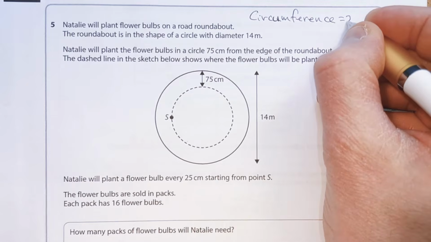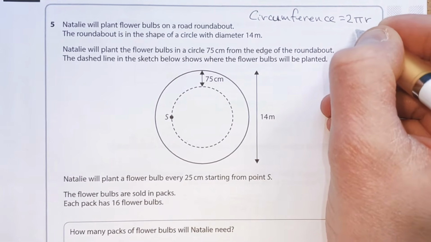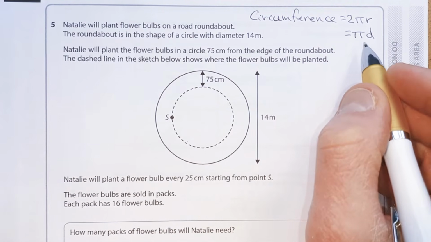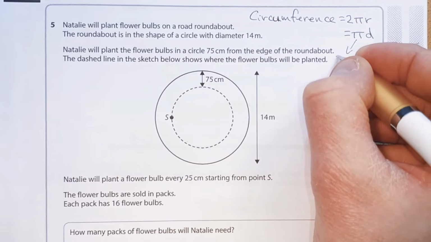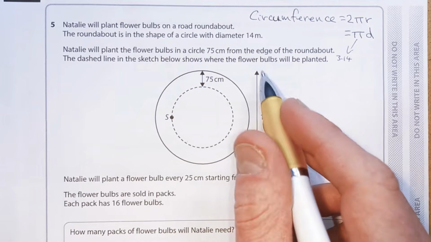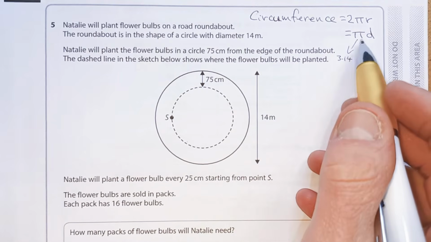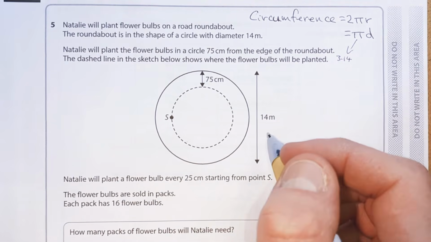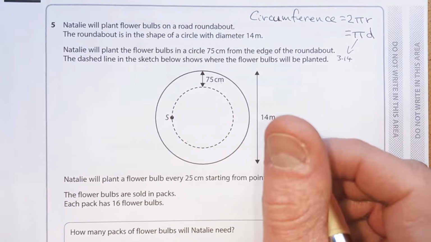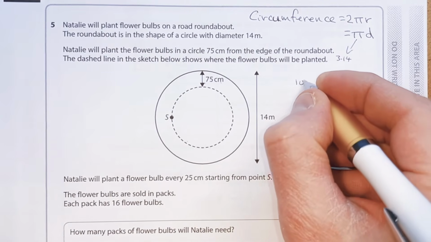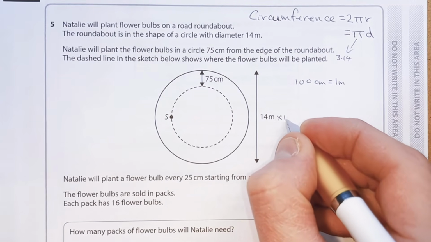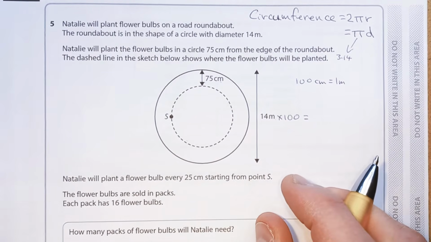Well, the formula for that is, you can think of it as 2 pi r, or you can think of it as pi d, where pi is 3.14 and d is the diameter. Okay, because we're working with diameter, we were given the diameter, so we might as well use this version of the formula. Right, but we've got metres and we've got centimetres. So let's convert these so we've got them all in the same units. Well, I know we've got 100 centimetres in 1 metre. So if we multiply this by 100,